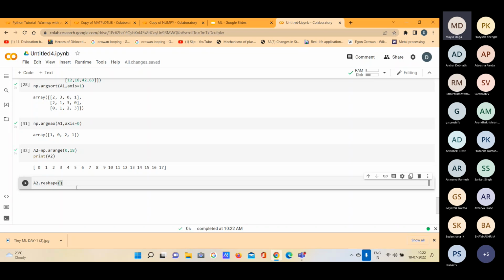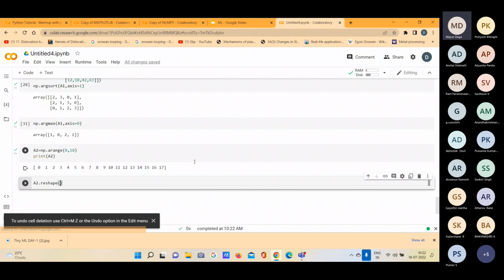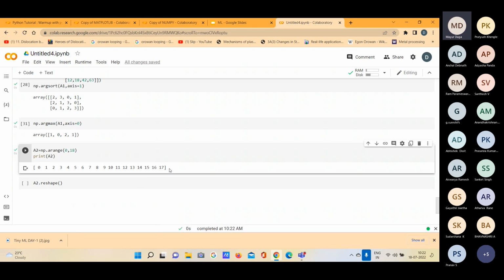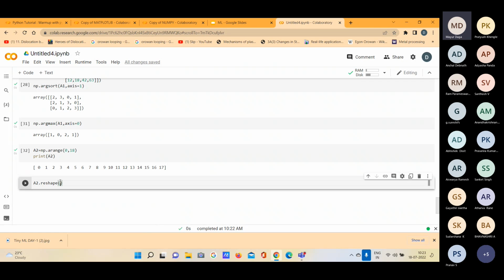If your array has 18 elements, then reshaping takes place when you give a valid argument here. A 6 by 3 matrix can hold all these numbers. You cannot give a 6 by 5 matrix; it will give you an error. So 6 by 3 you can do,